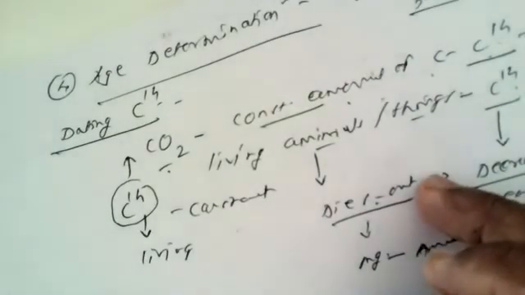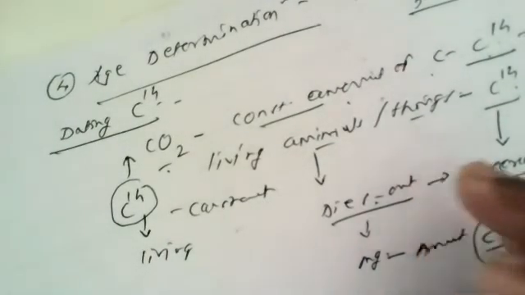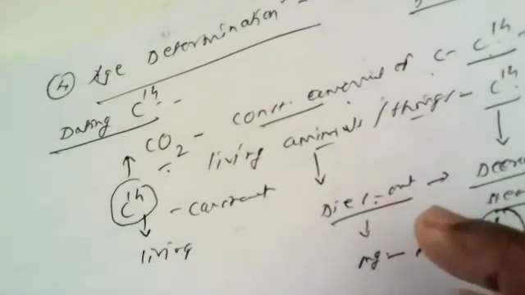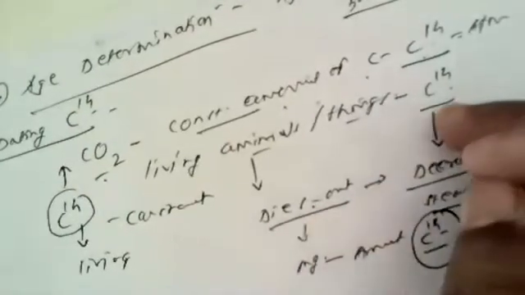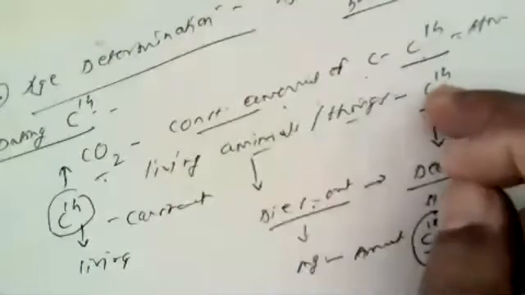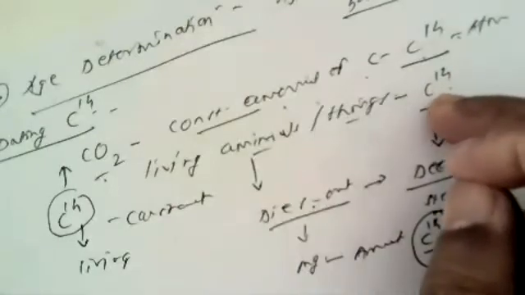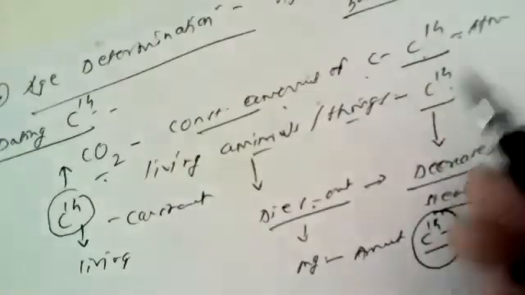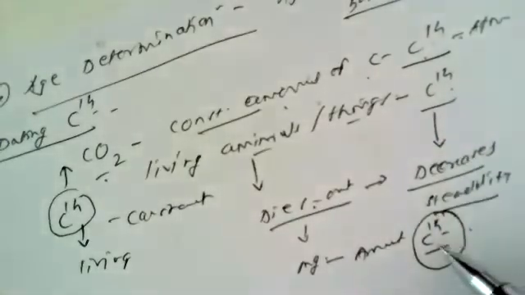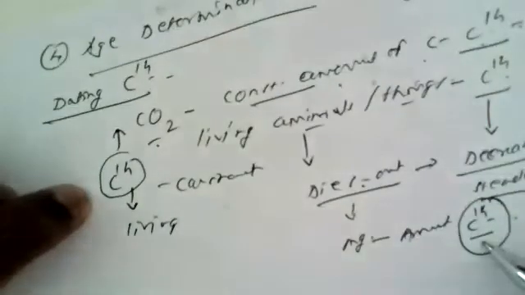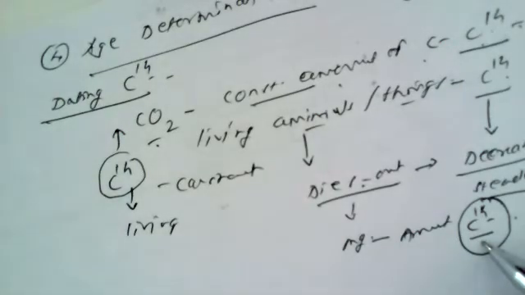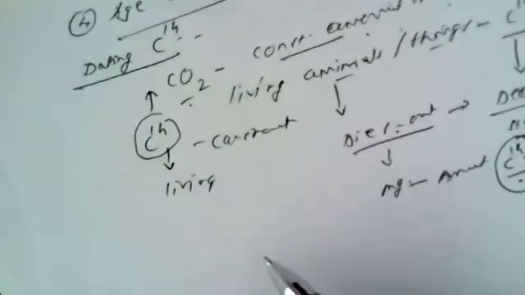The point to remember here is that when a living thing dies, a steady decrease or decay of this radiocarbon takes place. When we determine whatever amount of carbon is left after the death of an animal, we can compare this quantity with the carbon-14 amount present in the atmosphere. By taking the difference of these two values, one can determine the age of an unknown sample. So this is in brief how the age can be determined.